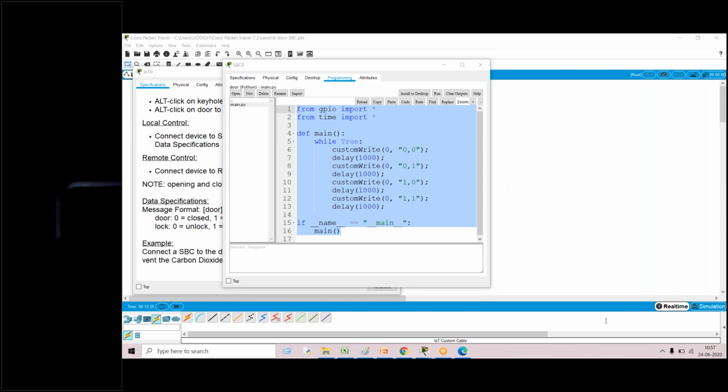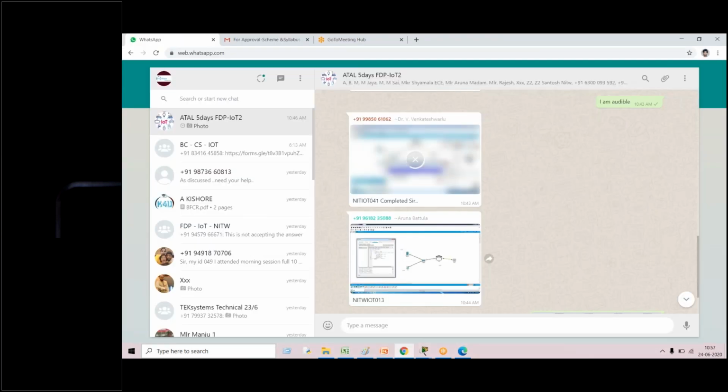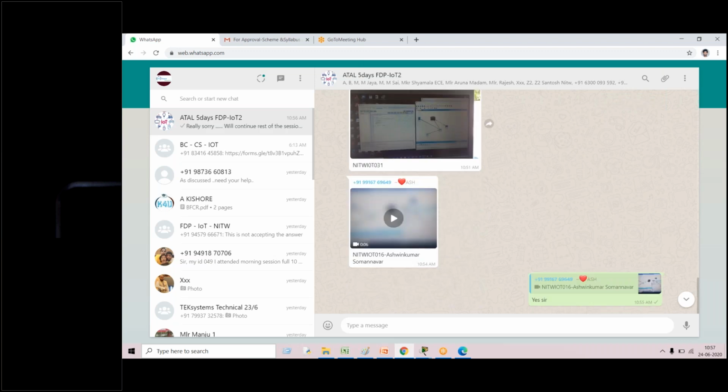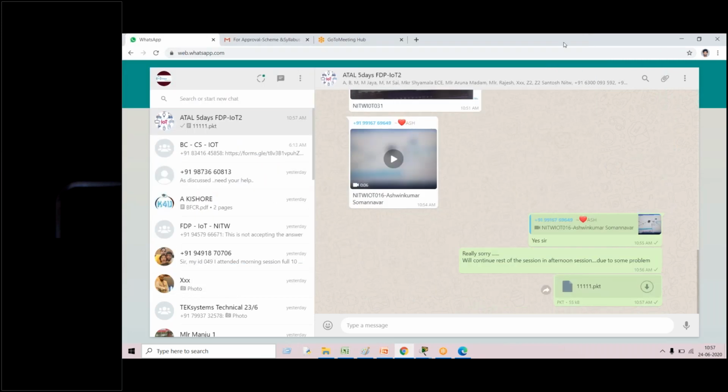Any doubt in this experiment? So now we know how to do this one. Yesterday someone requested me for another thing also. I'll post that particular program in the WhatsApp group. If you are interested in working right now, you can complete the task we did yesterday with the smoke detectors. Please try to complete the task. You can check this particular program.